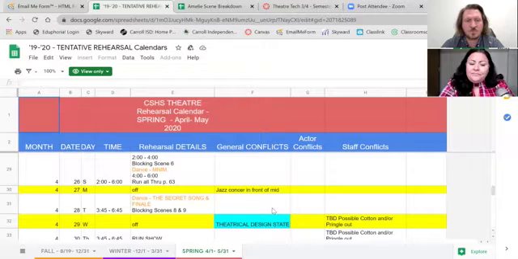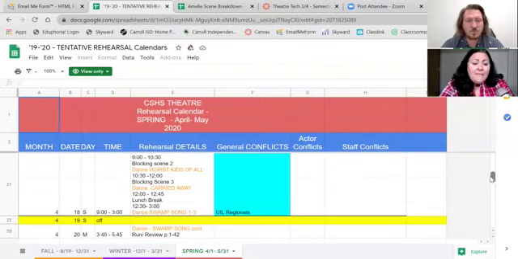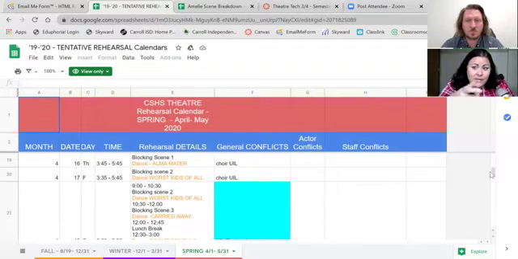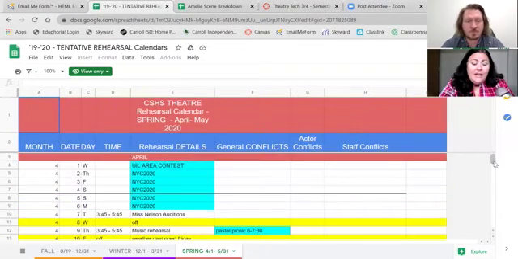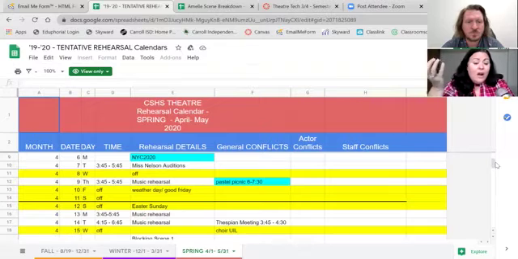You can look finishing up blocking, doing run-throughs as we're blocking, but I work backwards. And then if I don't have enough time, I go back in and kind of readjust my times. And that just comes from experience, just knowing how long things take. For example, we were supposed to be out of town during this week in New York, so we weren't going to have rehearsals there. That's a major conflict, which is in blue. I also mark our yellow days. Yellow days are days that we're off.